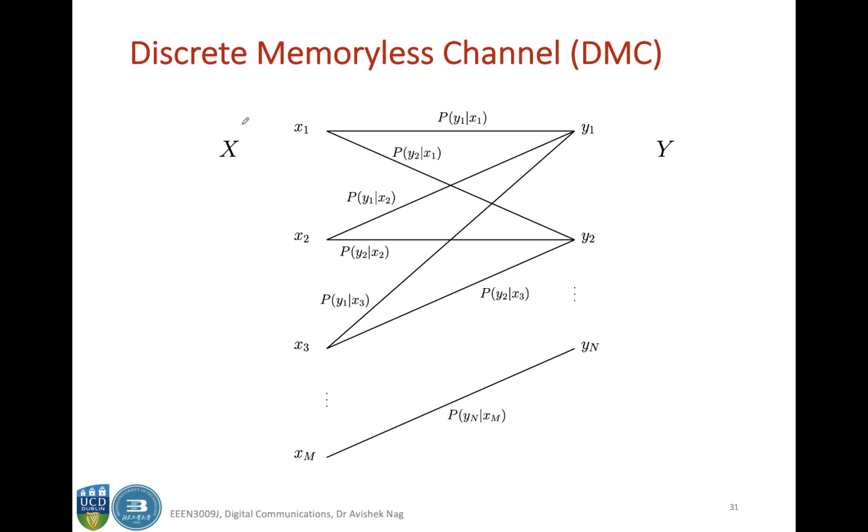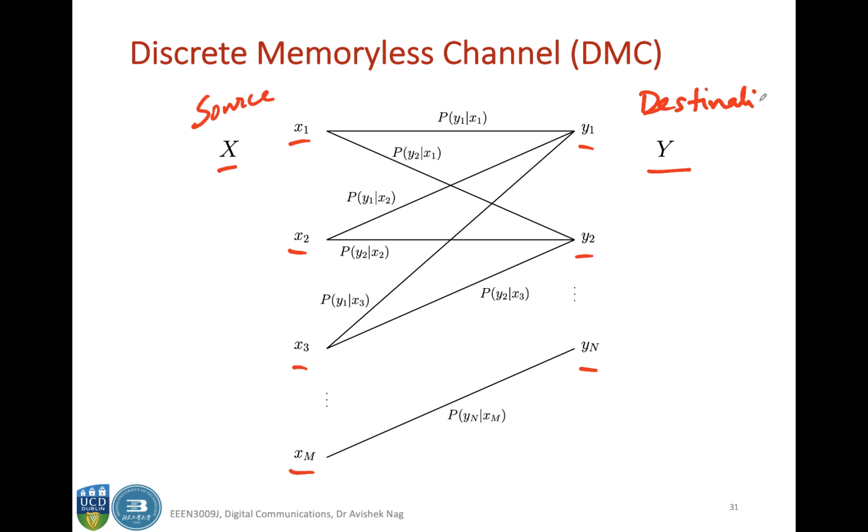So we have a source alphabet X, and you can have different source symbols as a part of that alphabet, x1, x2 up to xm, and then you have an output alphabet Y, with different symbols y1, y2, etc. as a part of that alphabet. So there was a source, and then there is a destination,